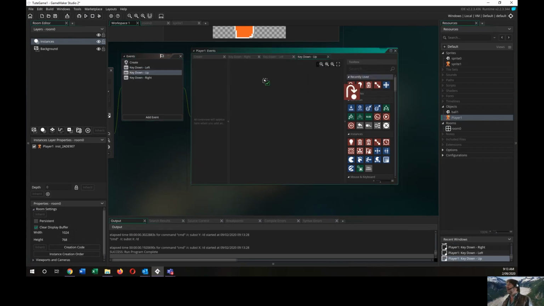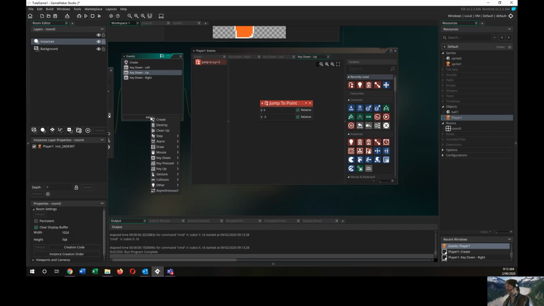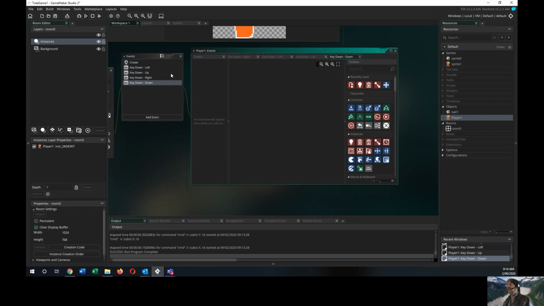Now the key down up will be the y-axis, so the x is 0, and the y to go back to 0 will be -5. And when we want the key down, we want it to get more y value in pixels. So we add a key down command here. And for that one, we again are using a jump to point, and we'll put 0 for the x, 5 for the y, save it,